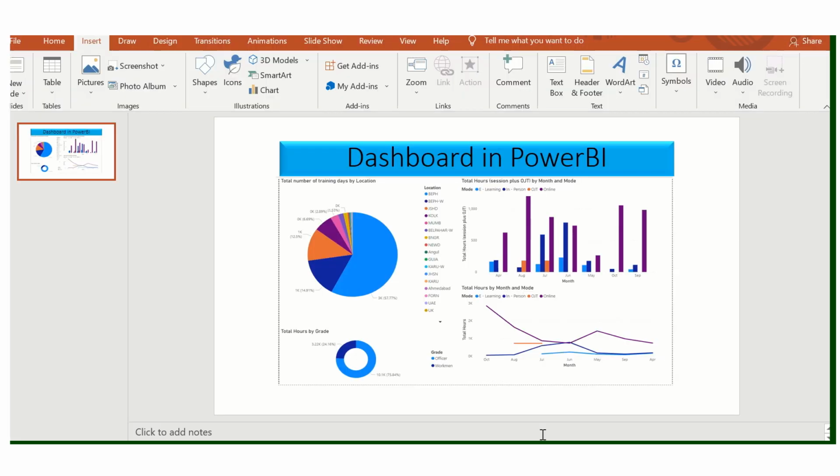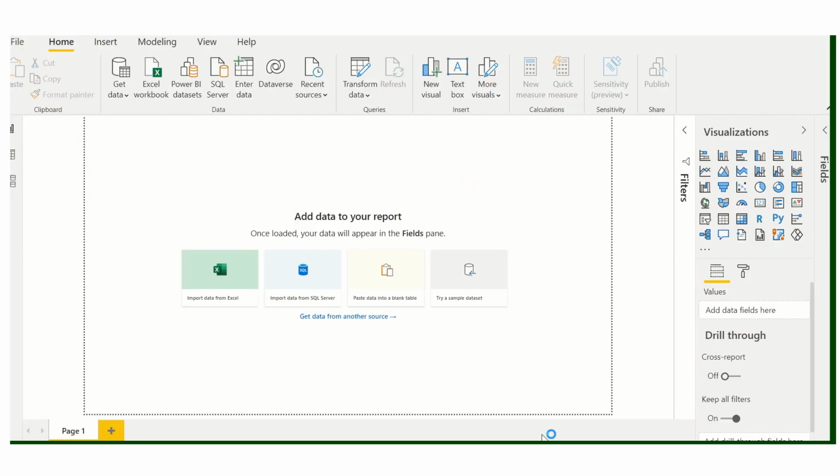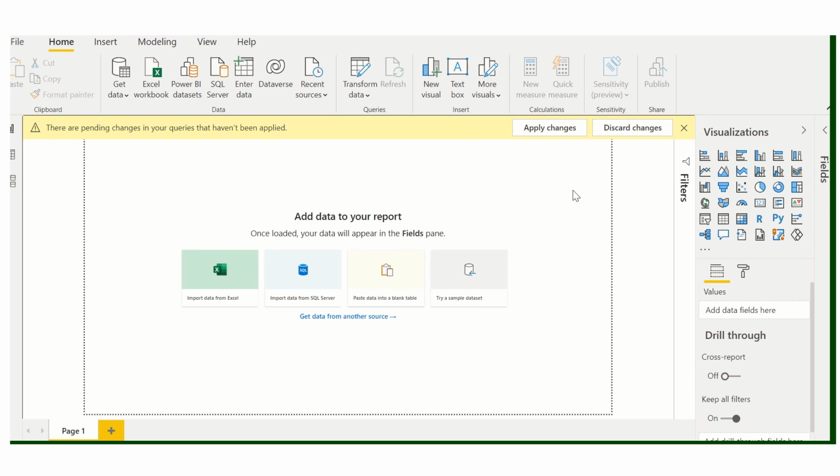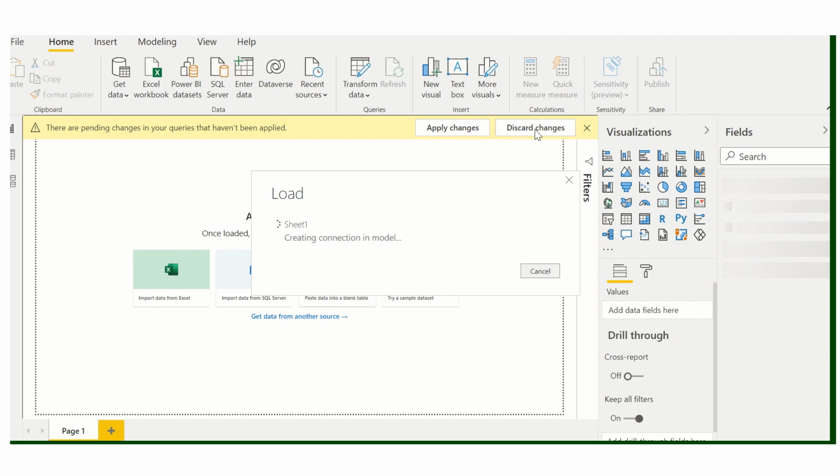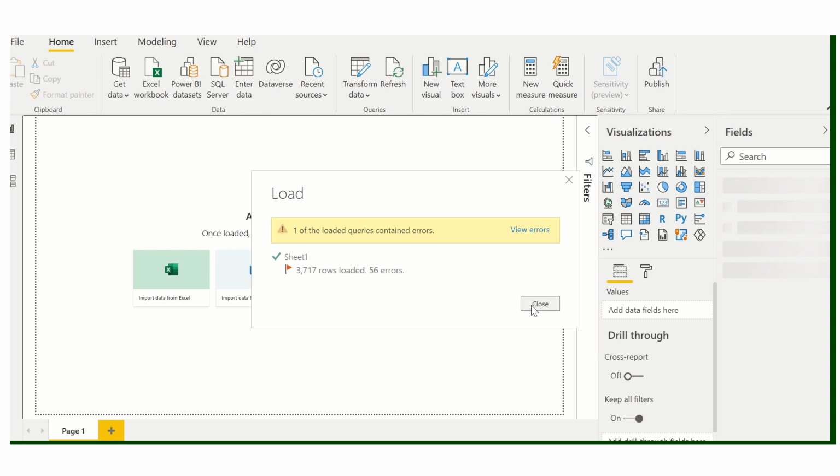Click on load. Then click on apply changes. Click on close.